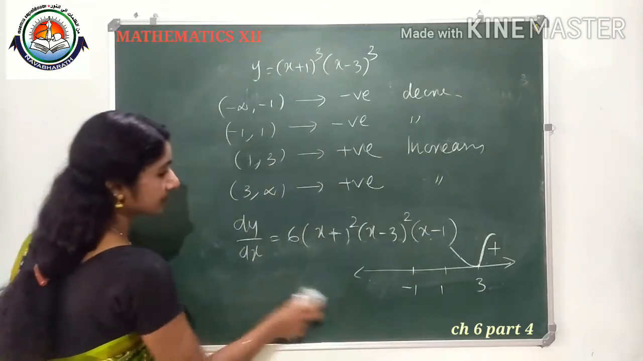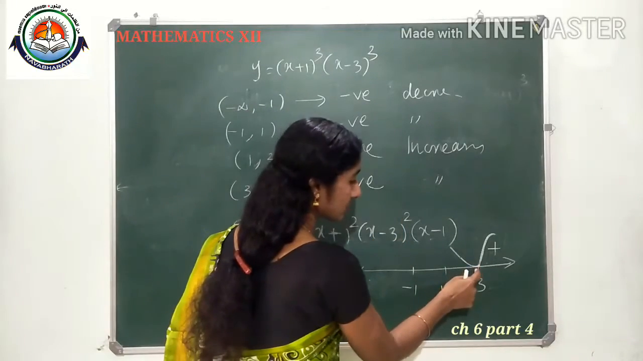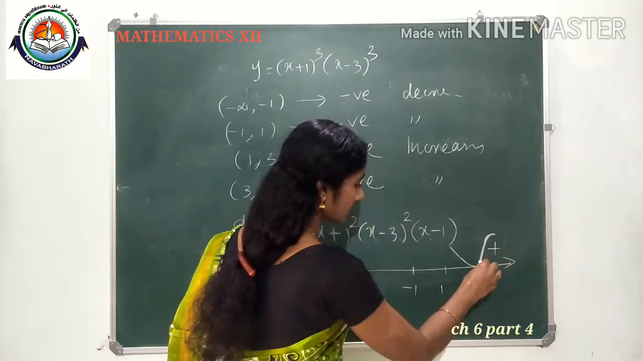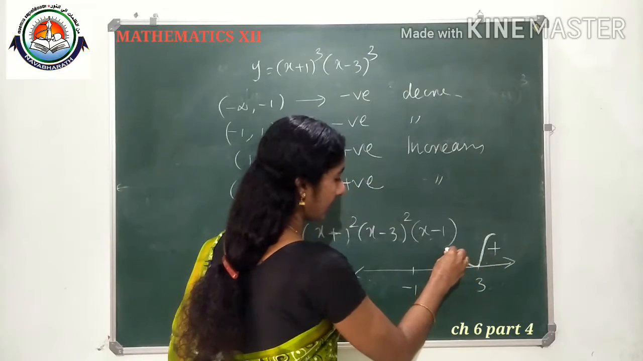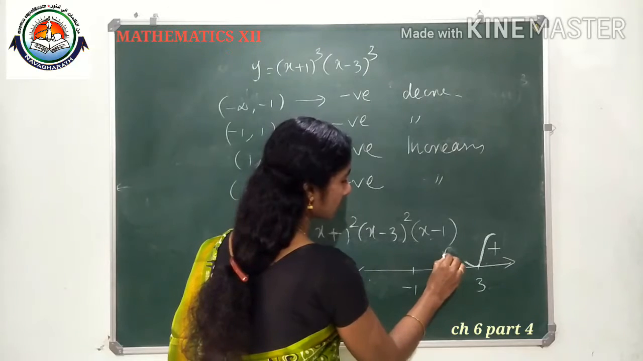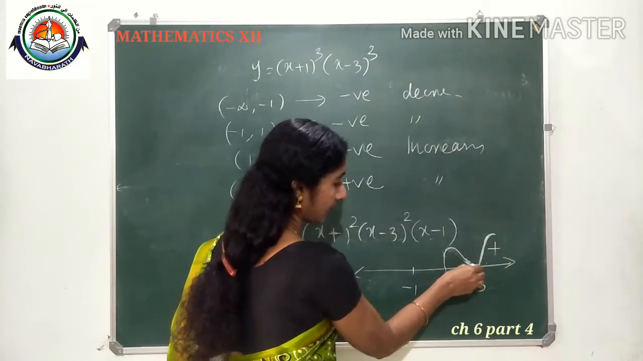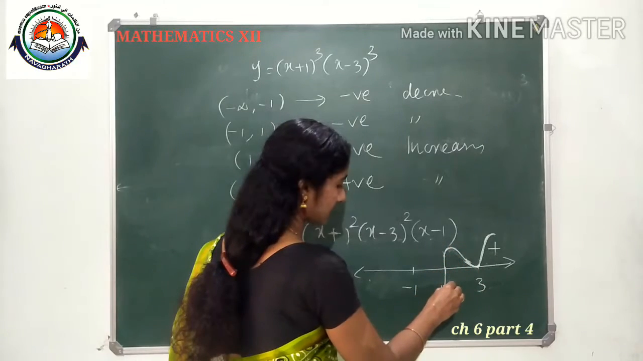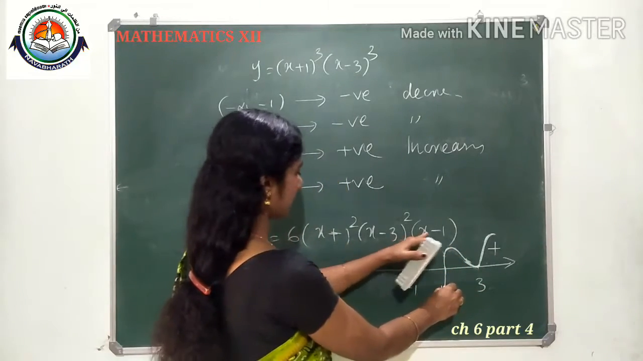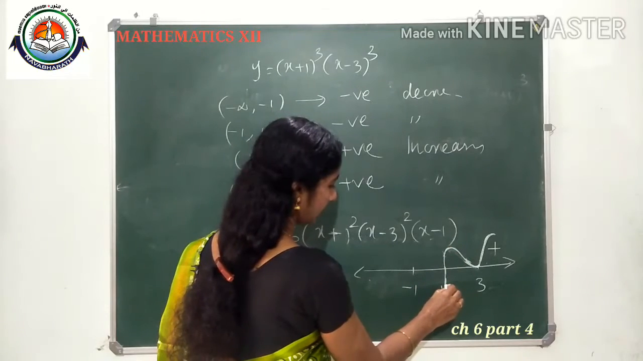But here, since it is (x minus 3) whole square, it will not cross this line. Here it is positive, again positive, and at 1 it is 0 again. At 3 it is 0, that's why it touches at 3 and this is positive. And next, at x equal to minus 1 it will cross, at x equal to 1 it will cross and it